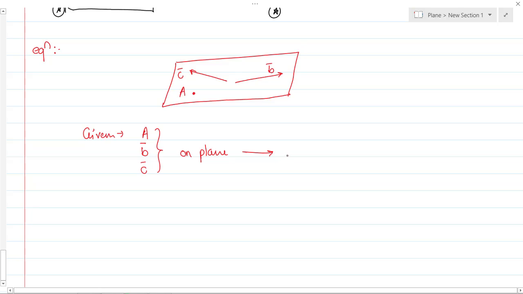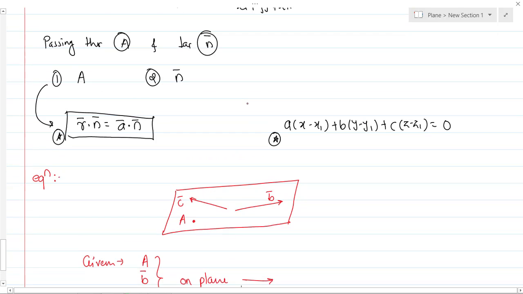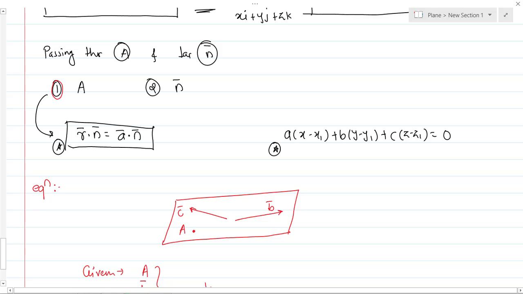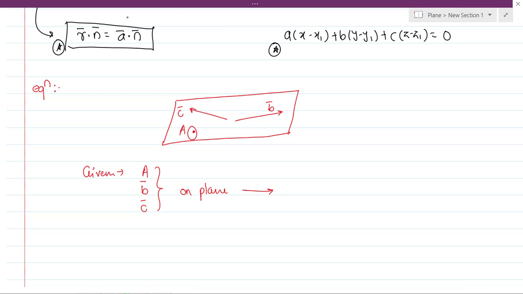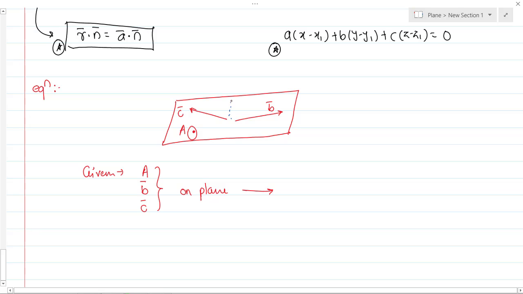Okay, now can you please tell me, if B bar and C bar are lying on the same plane, what will be the perpendicular vector? See, what I told you just now is, to get the equation of plane you require only two pieces of information. One is the point through which your plane is passing, which we have, this point is known, and the other information you require is the perpendicular vector. But in this case they have given B bar and C bar, we don't know the perpendicular vector. So where can the perpendicular vector be here? Okay, this is the perpendicular vector we require. Now can you please tell me how you will get this n bar?